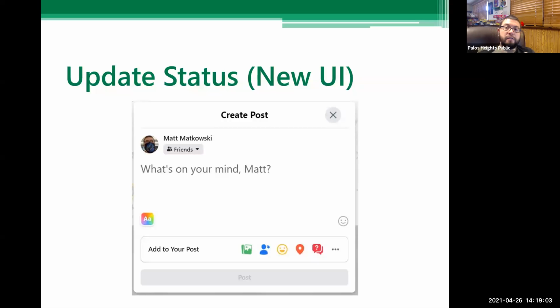If it's a web address or a link to another website, it will do its best to pull a picture and a headline from whatever you're linking to. Once that's done, you delete the link in the actual post, and then you can just comment on it, like, oh hey, look at what I just found on this website, and then people will be able to click through and go to that website. So that is another handy tool.